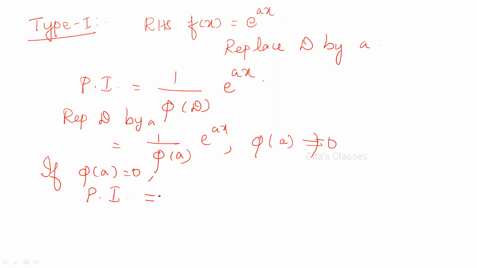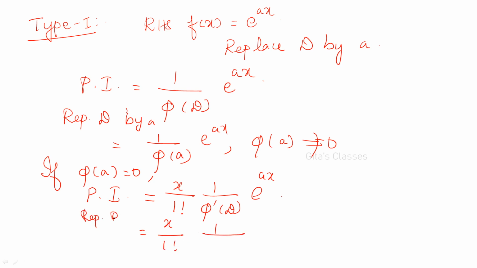Particular integral is equal to, here you have phi of D, no? You have to differentiate this with respect to D. That is 1 by phi dash of D into e power ax, and when you are differentiating, you have to multiply by x by 1 factorial. Again repeat the same method. Replace D by a, that is x by 1 factorial into 1 by, again replacing D by a,